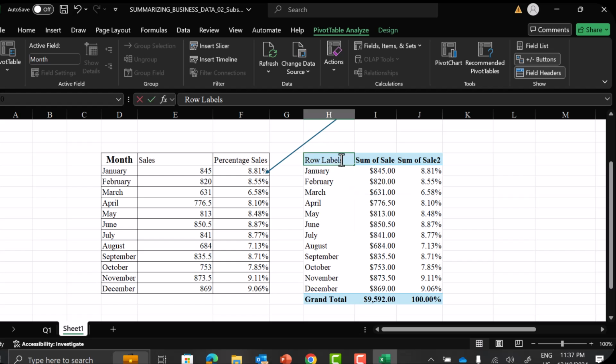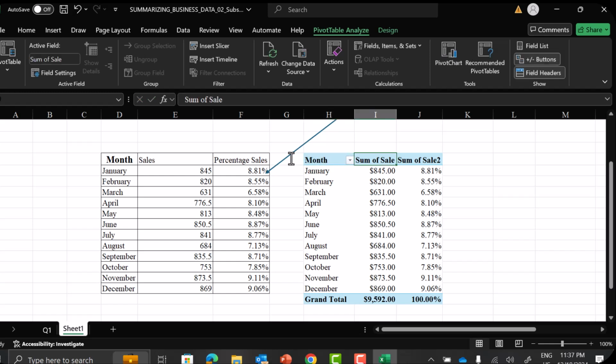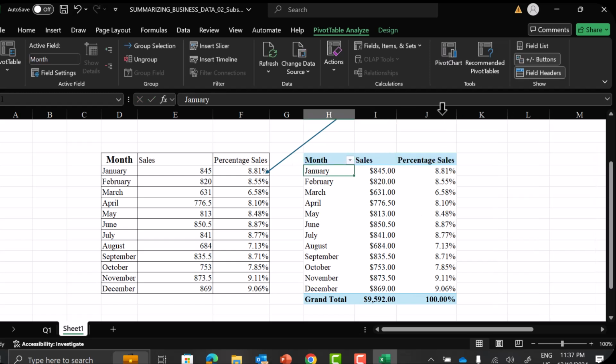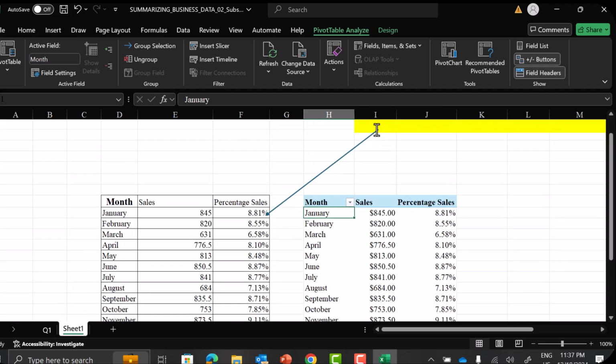Now, just to make the report a little bit more legible, we can give more legitimate names. We can put month here, we can put sales here, and we can put percentage sales here. So we complete this business question: what percentage of sale occurs during each month? Now let us